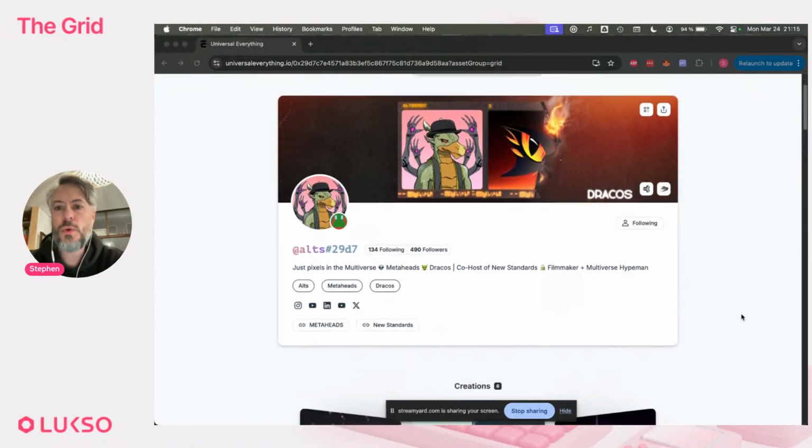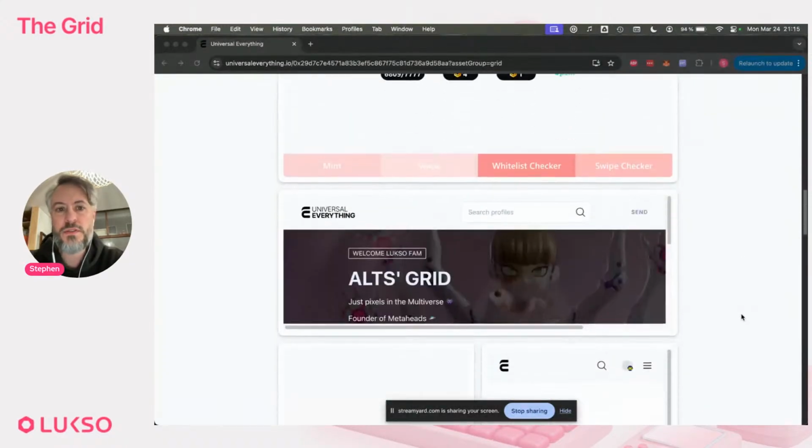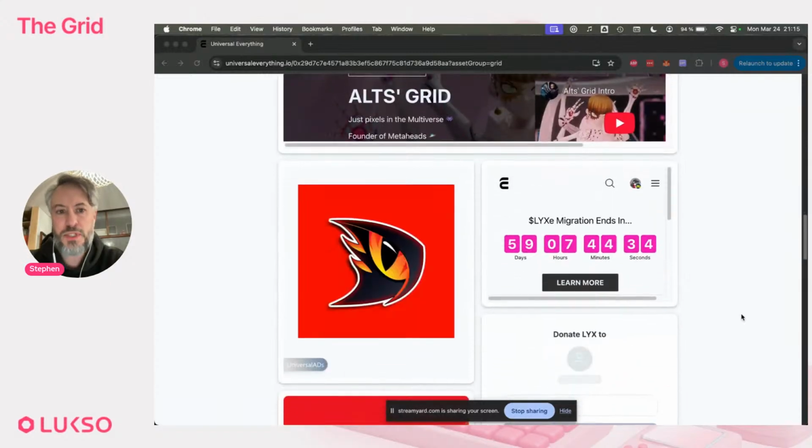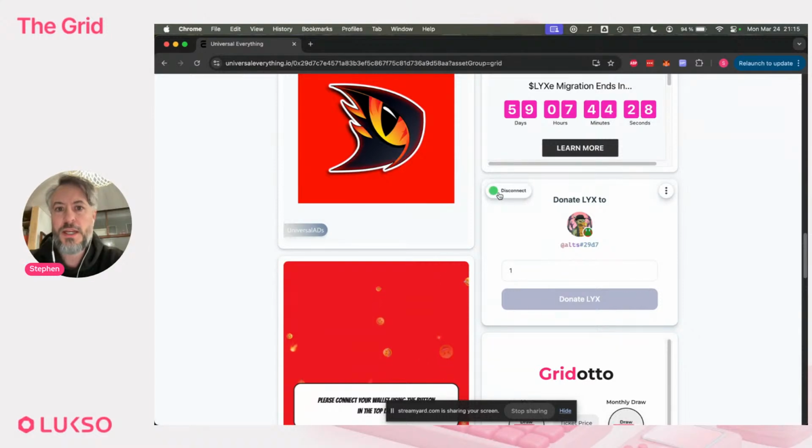And now that I'm connected, I can go into one of these mini apps that he's got here, like a donate app, for example, and I can click the button and the mini app is now connected to my extension. The extension provides a provider, and whenever I click that button, the mini app can now read my profile information.